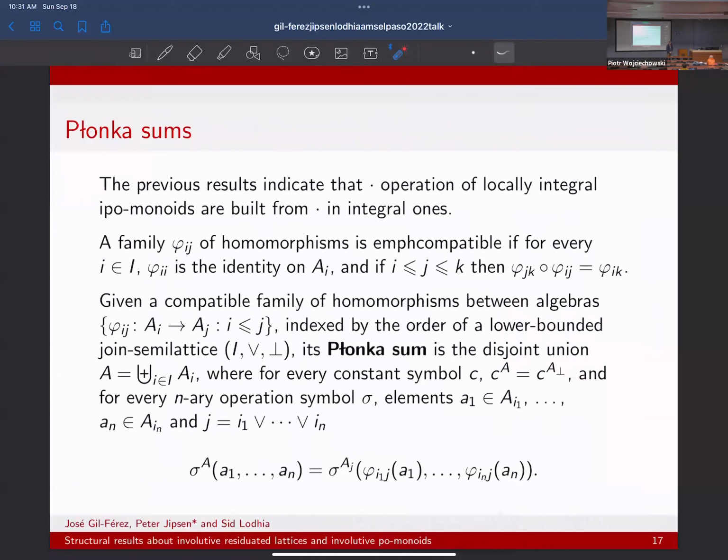It has to be like this, or could we write these two the other way around? We certainly could, and I think it would simplify things. Like phi ij and then circle phi jk will still be phi ik. I guess we chose the